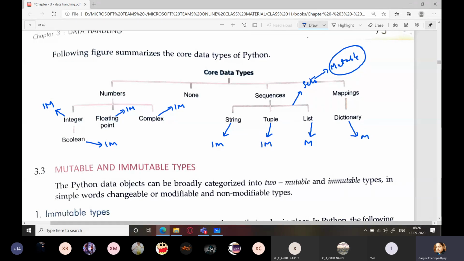I'll just check it. Set is mutable. Yes, sets are mutable. Please write this down quickly.